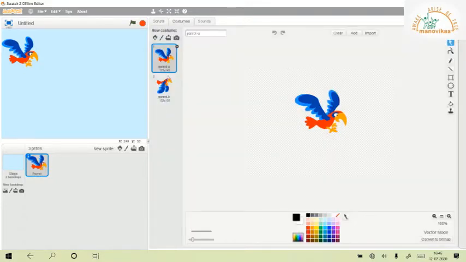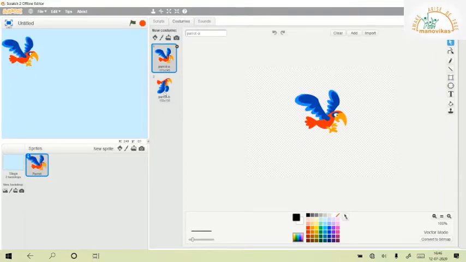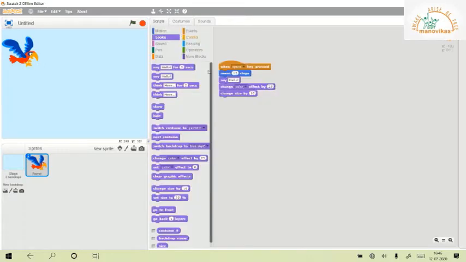So here we have two costumes already available. These are basically used for motions when the movement is done. So I'm going to use the option called next costume, so that it uses the next costume.